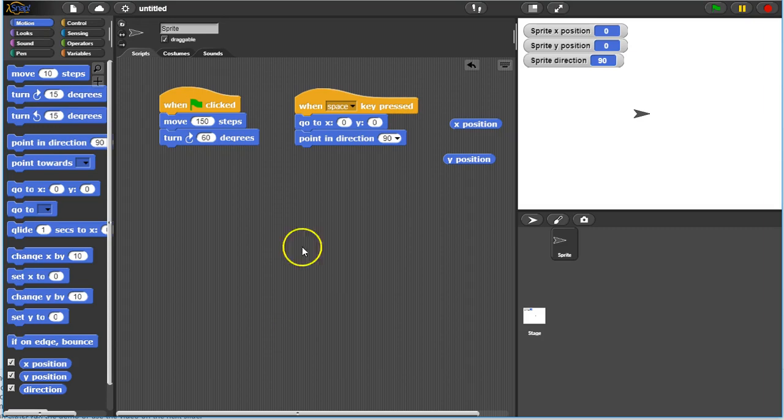Alright, so when the space key is pressed, it performs this operation, but do I have to set him to 0, 0? No, I could set him to negative 200, positive 100. Let's see what this will do. And point in direction 90. So when I hit the space bar,